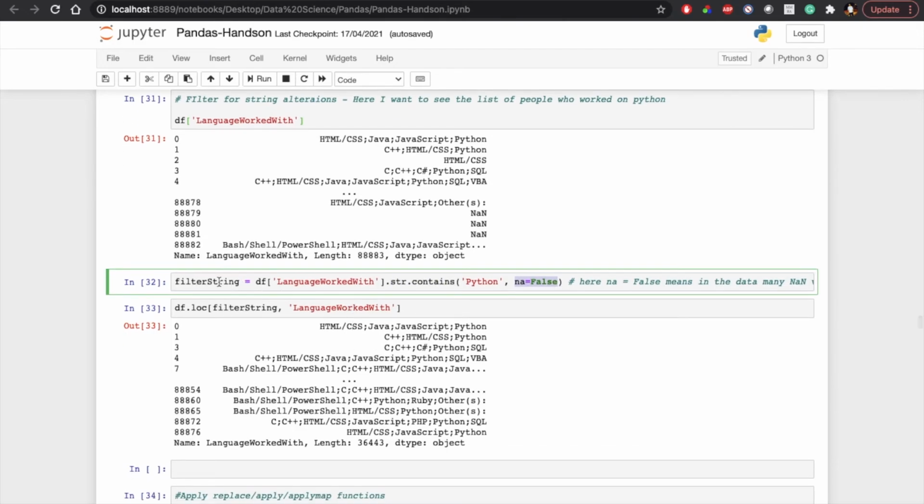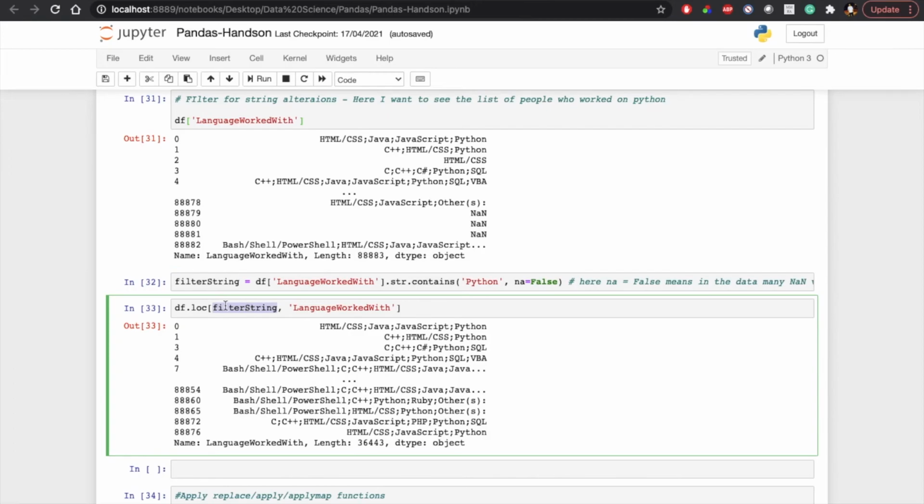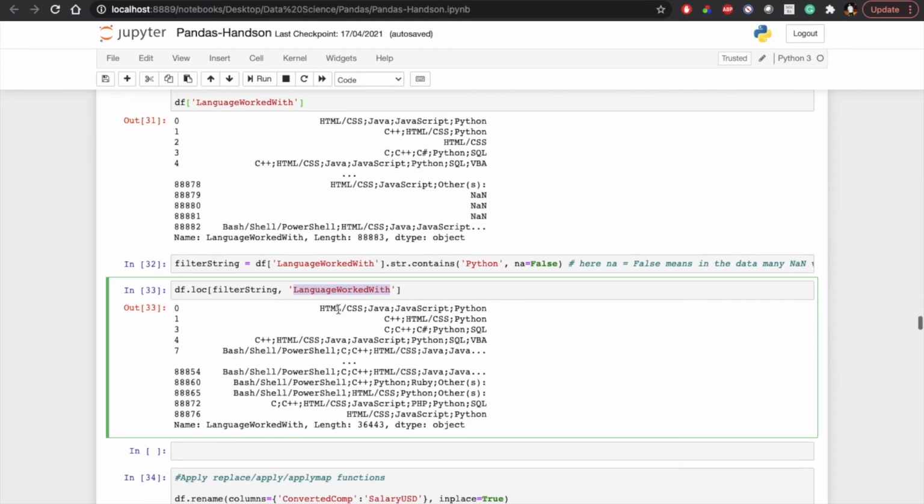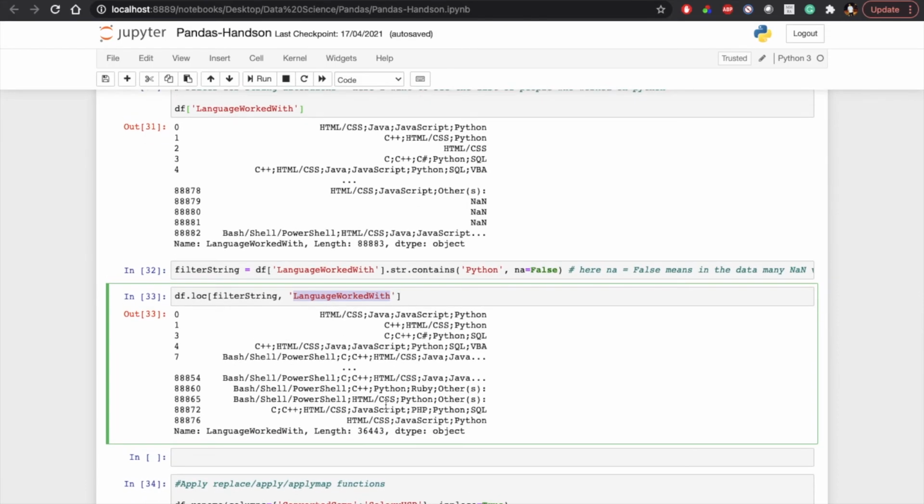I will pass this filter to my loc, df.loc, and I need to pass the column name for which we need results. Here I got the list of those who know Python or work with Python.